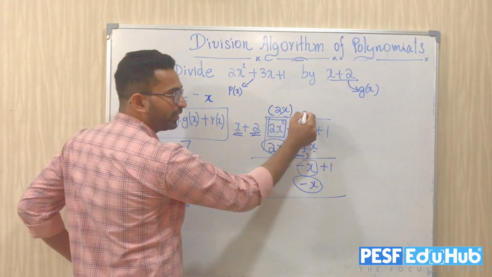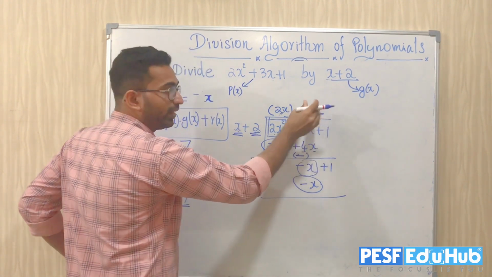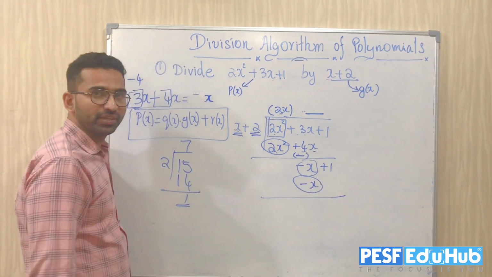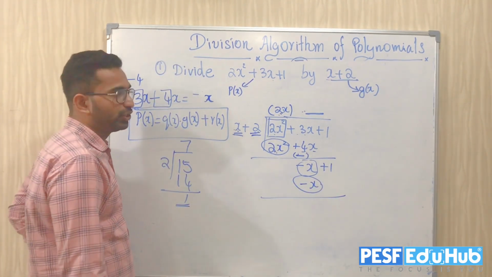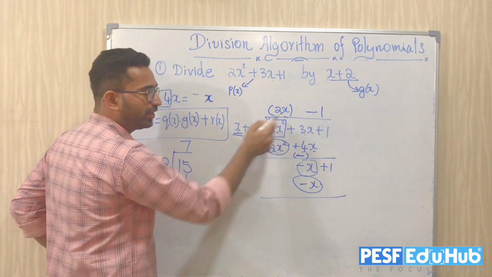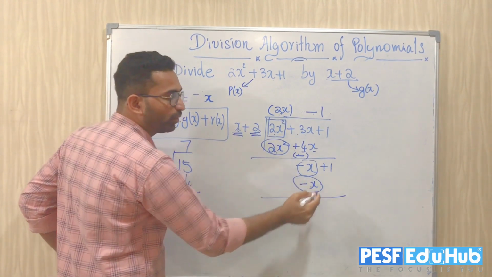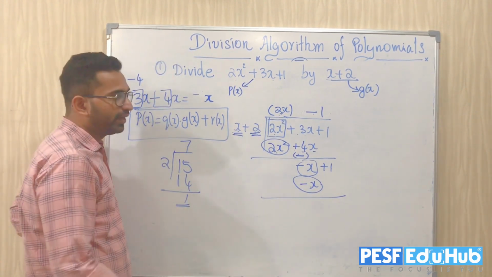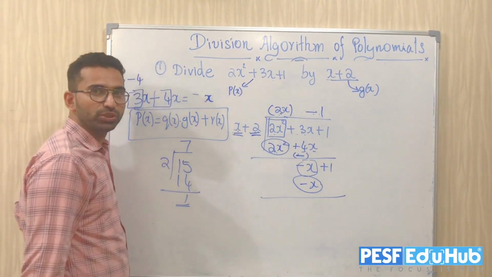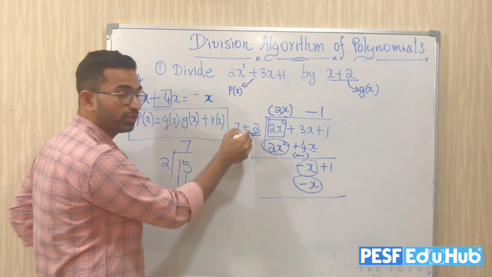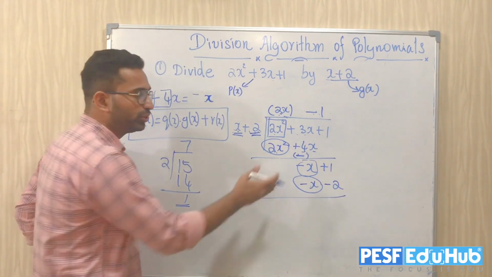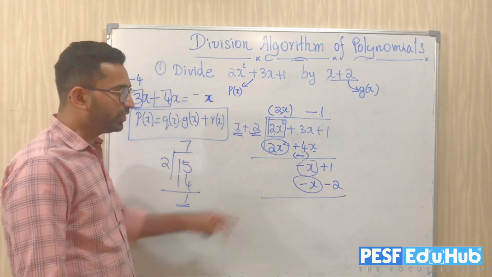What will be that number? There is something going to come here. That thing I have to multiply with the x such that I'll get how much? -x. So what should be that number or variable? It should be -1, because -1 when I multiply with the positive x, definitely I'll get a -x. And as I told you, don't forget I have to multiply this -1 with the -2. -1 multiplied with the +2, you will get how much? -2. Am I right?